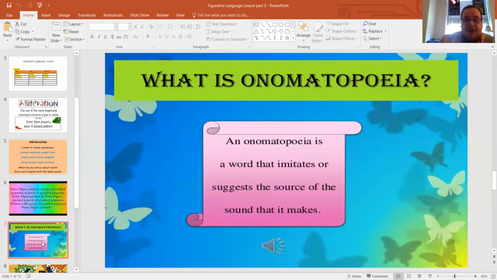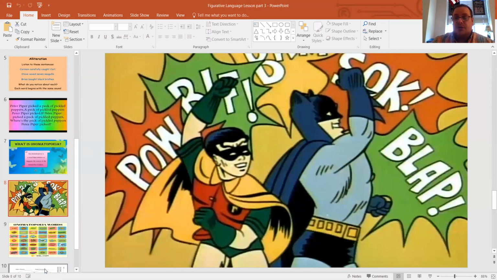All right, so what is an onomatopoeia? It's very simple. Let me explain. Onomatopoeia is a word that imitates or suggests the source of the sound that it makes. So if any of you have either read comic books or seen a comic book, then you've probably seen a scene like this. This is, of course, Batman and Robin. Now, notice the words around them. Okay, take a second to notice the words around them. Pow, biff, bam, sock, blap. Those are onomatopoeias, all of them. So, all of the other words